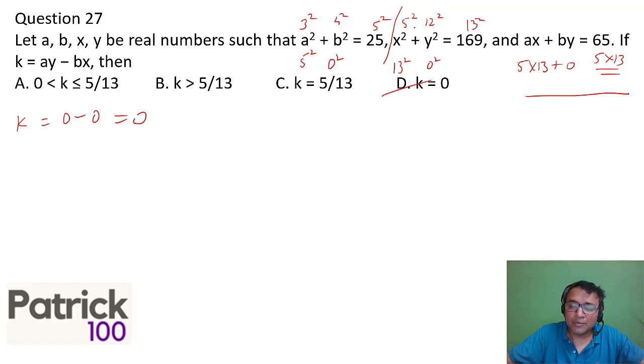So first I worked on 25 as 3 and 4, a square, b square, because of Pythagoras triplets. Same with 169. But that did not go. So you have to go back and check what other integers can give you 5 square. So 5 square plus 0 square and 13 square plus 0 square. The moment it clicks, you automatically get 5 into 13 as 65. And from that, you easily get the answer. You need to be good at substitution. CAT does check on substitution. Unfortunately, most of the people don't substitute values. But if you're good at substitution and confirming it fast, you can get the answer quickly.